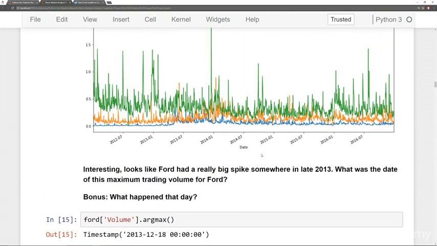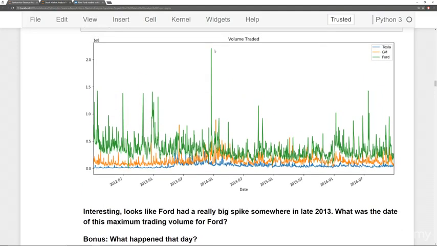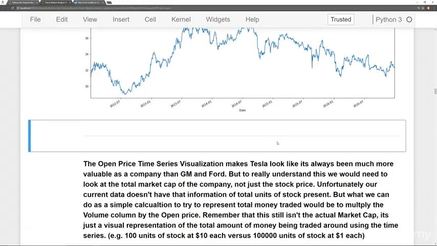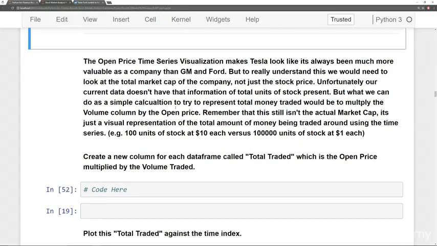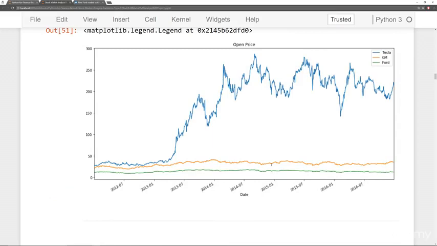So if we take a look at mid-2014 over here, we end up seeing a little spike here. Not as significant as this large spike. Just kind of interesting things to check out as you're playing around and visualizing this data. Okay, so the open price time series visualization, that is, if we look all the way back at this first